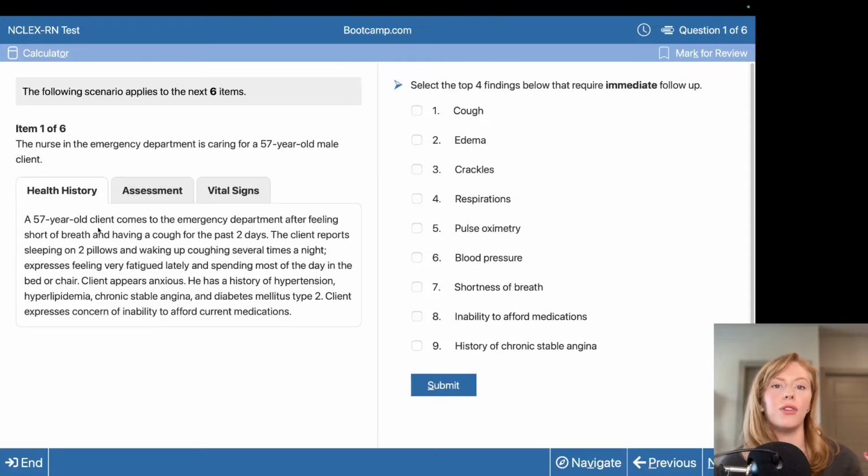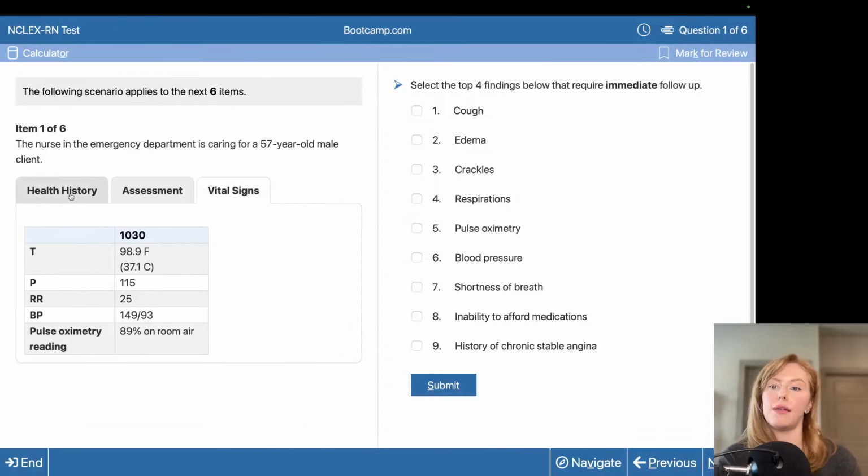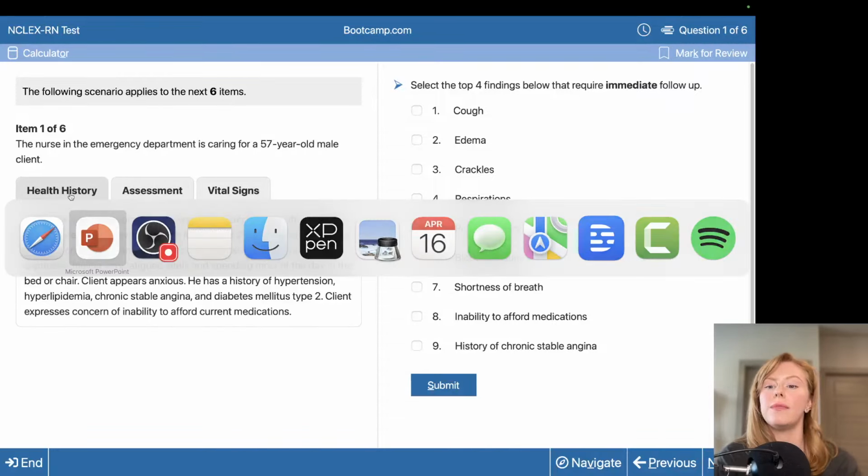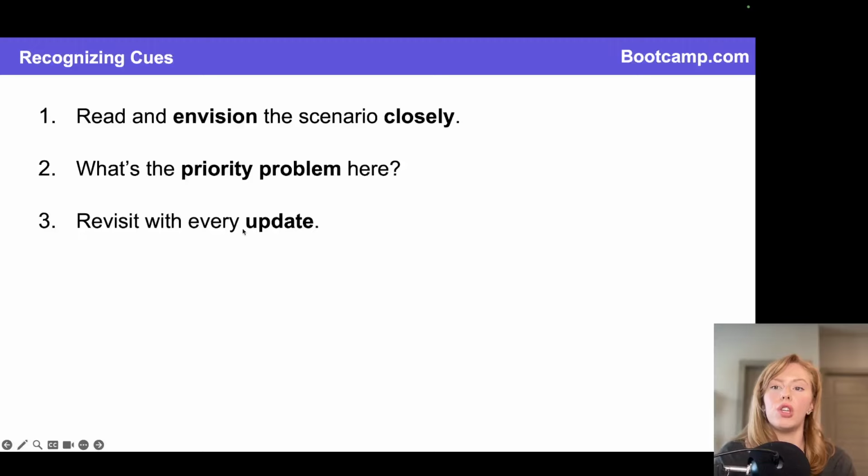Their chart is full of information, and we want to make sure as the first step that we can recognize cues or figure out what's most important here. So in the case, you'll be able to click through all your tabs just like you would in a real patient chart. And when you are recognizing these cues, reading through these client data tabs, I want you guys to really practice every single time